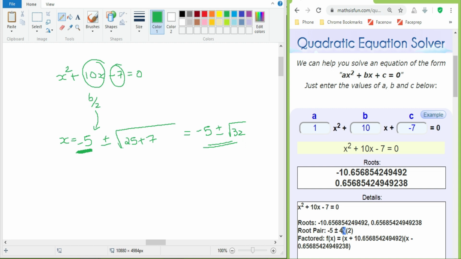But instead of using the formula, how to get it in a single step, which will save a lot of time, guys. Clear? First, take half of the central term and take the negation of it. From 10 we have got 5, that is half of it, and we take the negation of it, that is minus 5. Next, plus or minus square root of the square of the number we got, that is 5 square is 25. And if we have the last term as minus, we are going to add it over here. That is 25 plus 7 gives root of 32. So the answer is minus 5 plus or minus root of 32. Is it clear, guys?